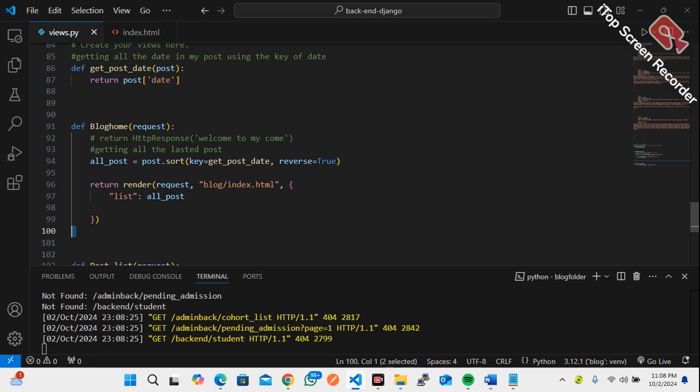I think we are sorting the post here, and inside the parameter, I don't think we have to put the key. We should just call the parameter. We are putting a function in the parameter straight, which is get post date. It's a function. Yes. So we need to pass something here, right? What do you think we should pass in there? We should now pass all post